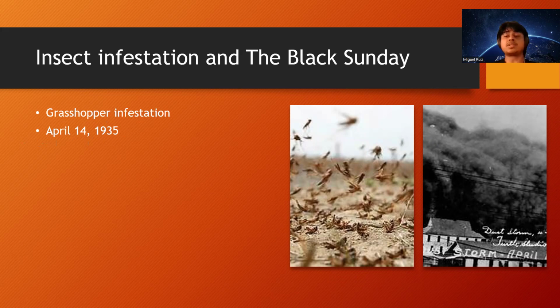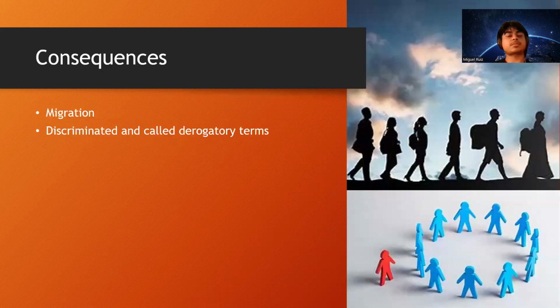And Black Sunday was this huge, huge black cloud that caught people by surprise on April 14th, 1935. People were not able to drive. They were seeking shelter. I think a man even walked 2 miles just to get to his house, which is insane to me. I probably wouldn't have gotten home.